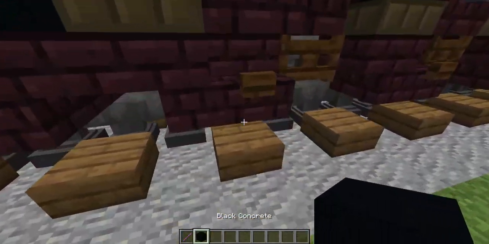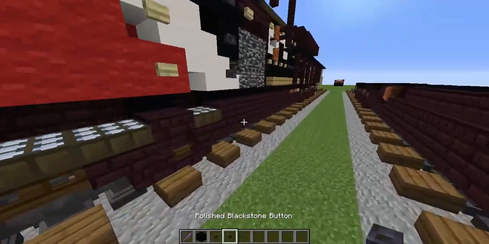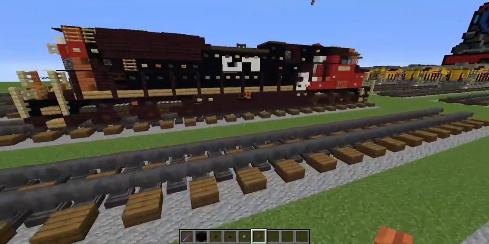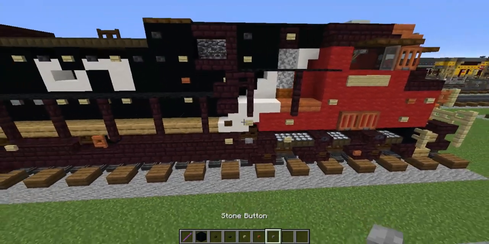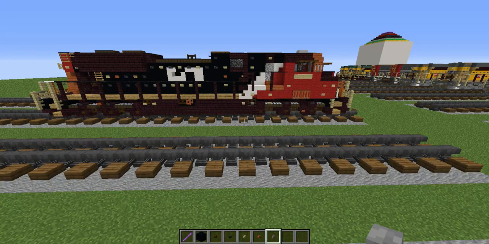And you're going to want to grab a block of your choice, and you're going to want to grab the dark oak button, polished blackstone button, birch button, and acacia button. And I'll give you guys time to get all those. You should probably pause. Oh, you're also going to want stone button as well when you get all those. And once you got all the items after you paused, or just got them all,